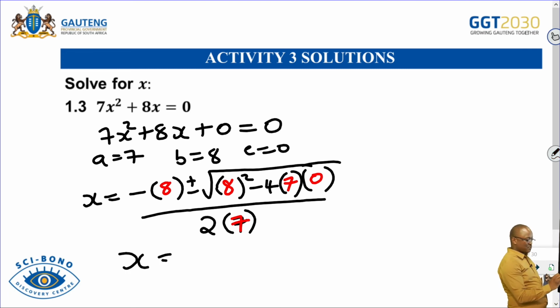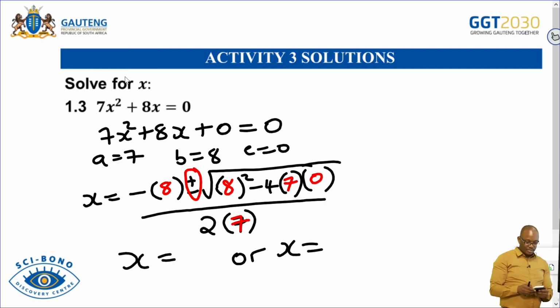Then you will have to punch in your calculator. You must look into your signs. You emphasize that thing of the signs. You can't put plus minus there. So you will have